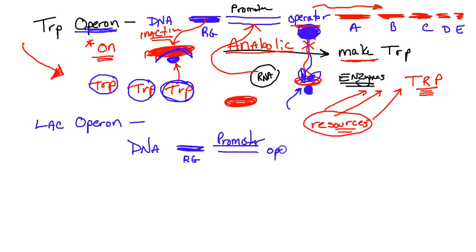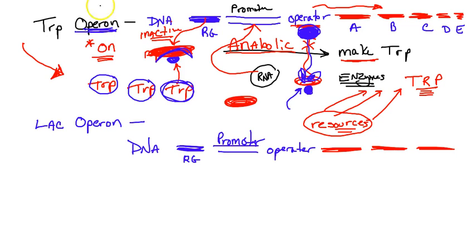You've got the operator, which is the switch. And then we have the segments of genes that code for 3 different proteins that make the important enzymes needed to break down